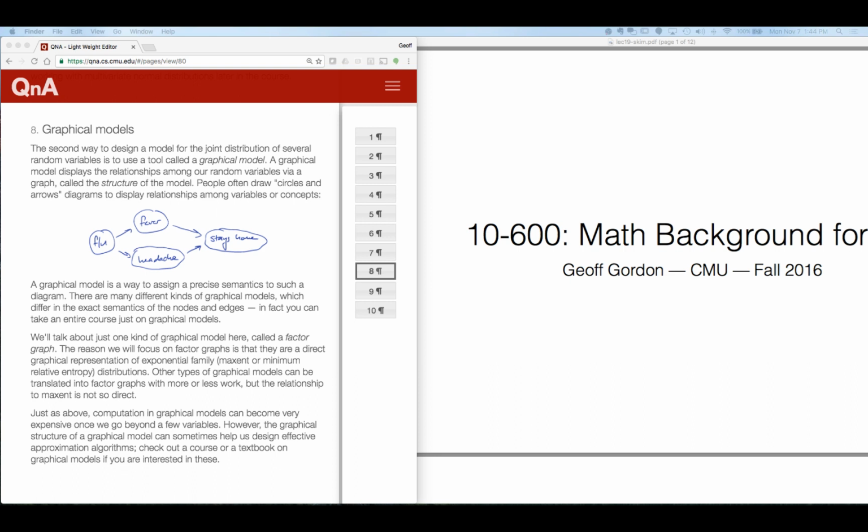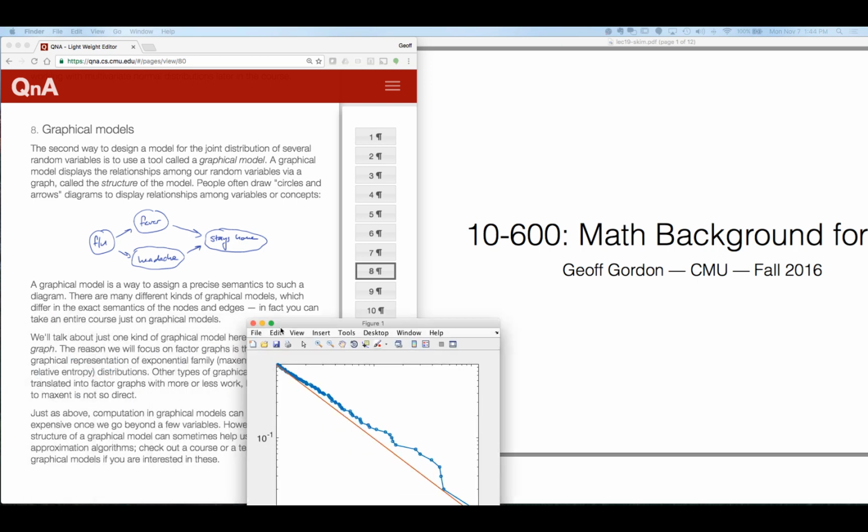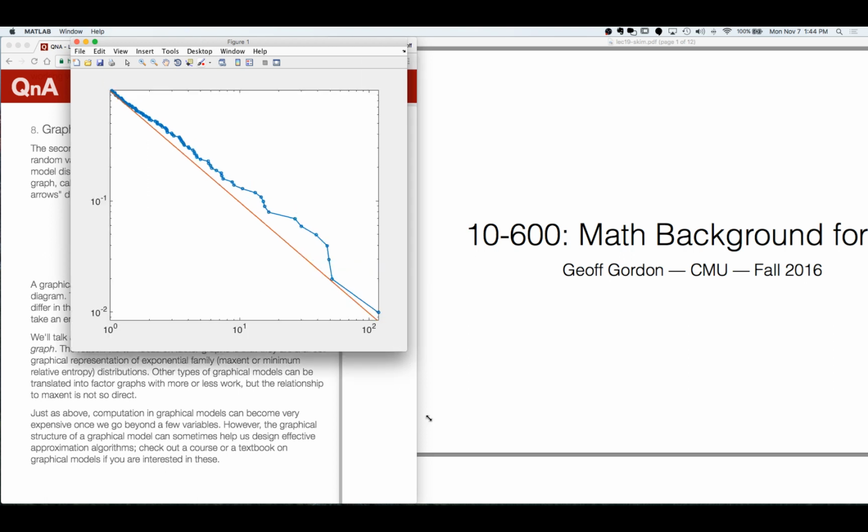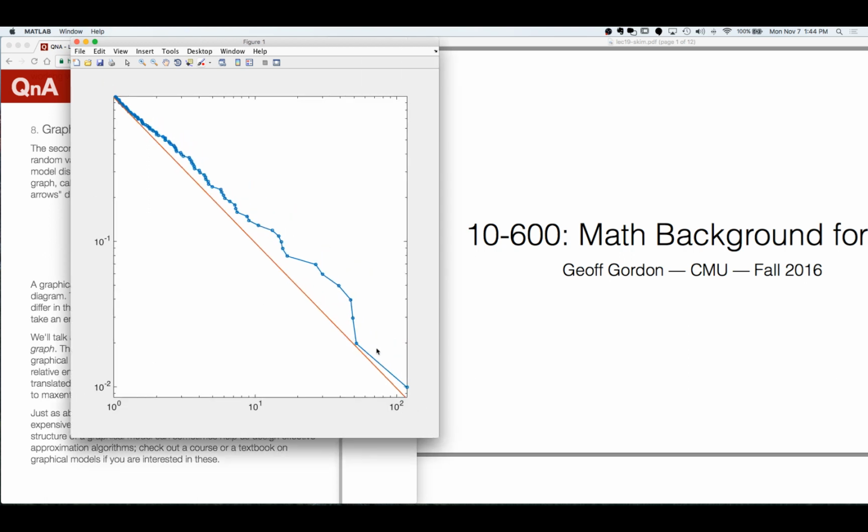In addition to a QQ plot, one of the tools we suggested was a log-log plot. I actually happen to have that log-log plot up here. So this is what it looks like when you make a log-log plot. This is actually not exactly the same sample, but it's another sample from the same distribution. What I'm showing you is the log of X and the log of 1 minus the estimated CDF. And so here you can see